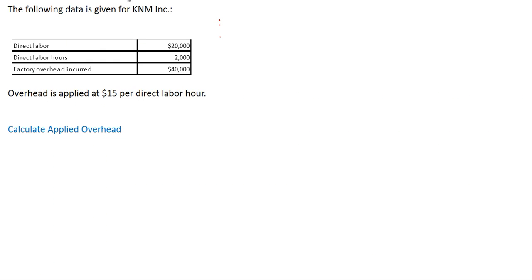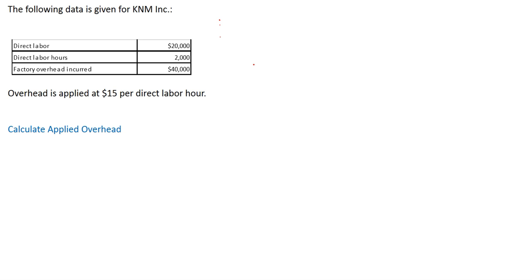Hi everybody. In this problem we are going to concentrate on applied overhead and how we are going to compare that to the actual overhead we incur. The data given in the problem is direct labor dollar amount, direct labor hours, and actual factory overhead incurred. And the question is, overhead is applied at $15 per direct labor hour, and we need to calculate the applied